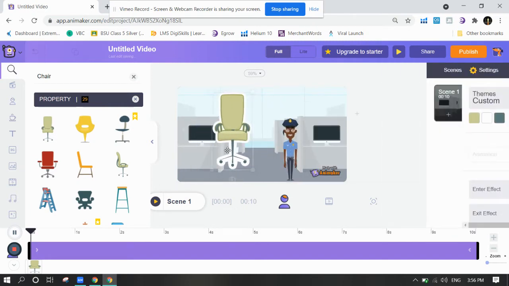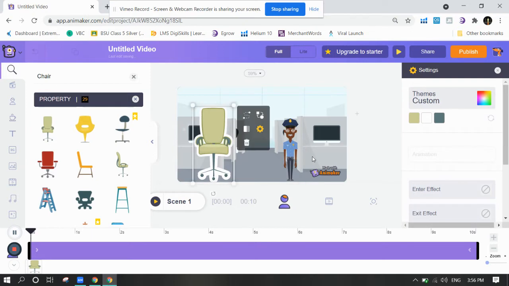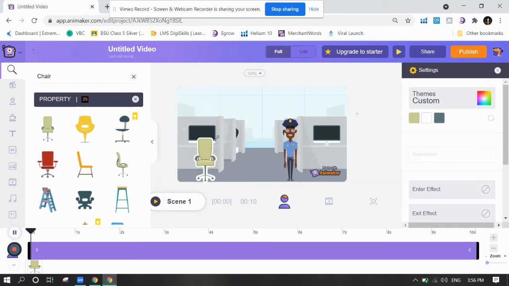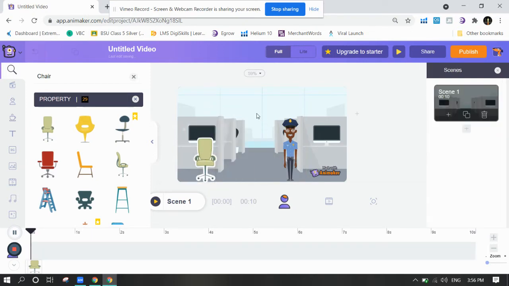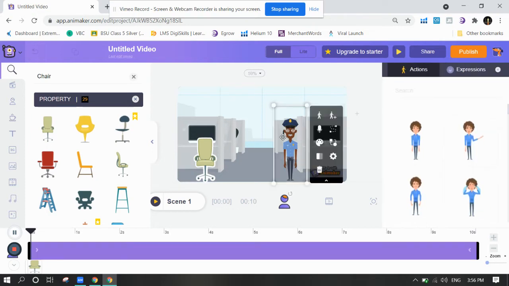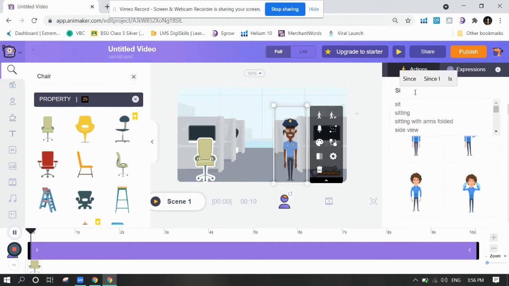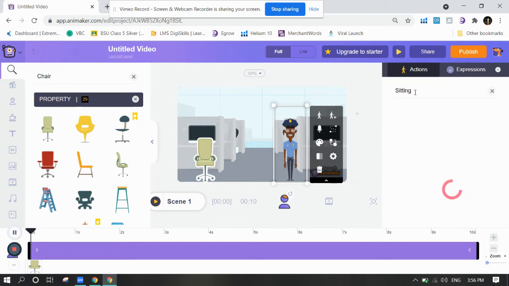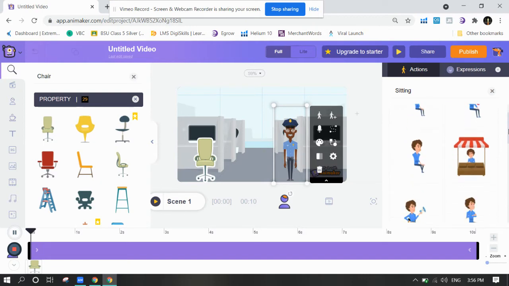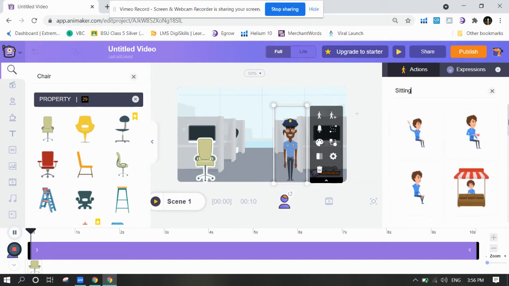So what to do if I want him to sit on the chair? Just a simple task. Just click this character. Here on the scene section you will see a bulk of actions. I will just not go that down. I will just search sitting, and that gives me it. So if I want him to drink coffee,